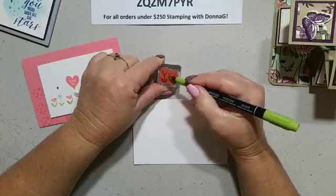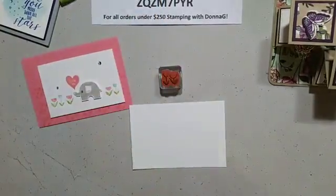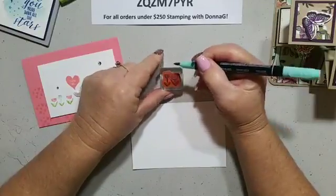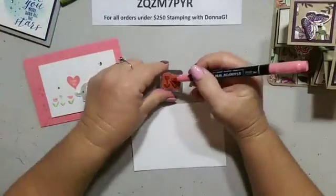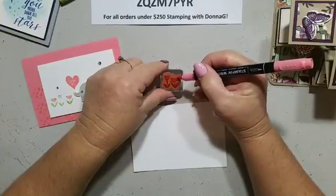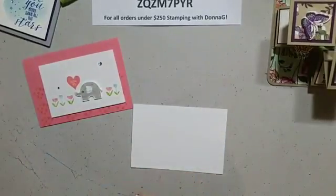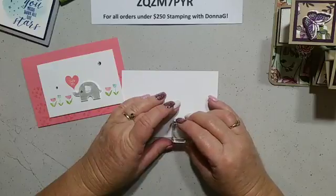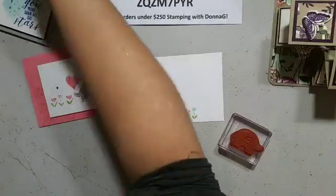Okay, so beautiful colouring of the leaves. My Coastal Cabana for that flower. My Flirty Flamingo, what did I do with that? Is that it there? Yes. For that flower. Okay. So I think I'm just going to stamp that down here. They're cute. And my elephant, I think I'm going to go through with my